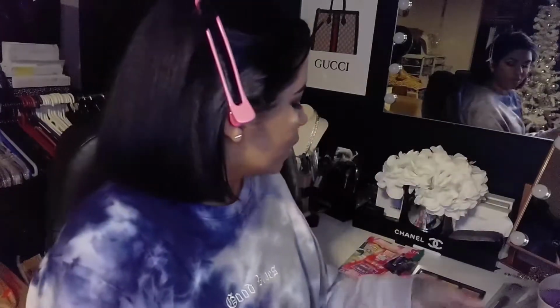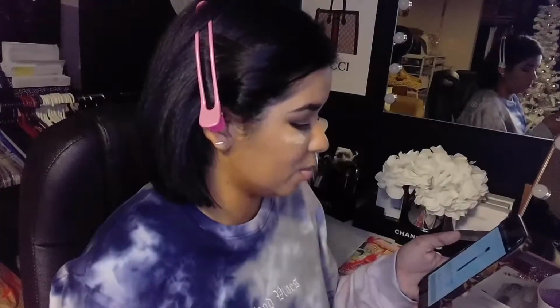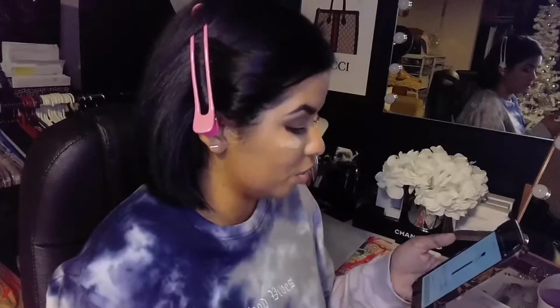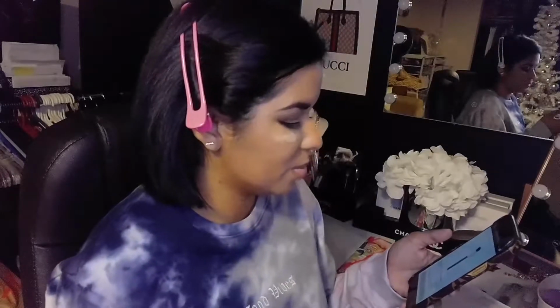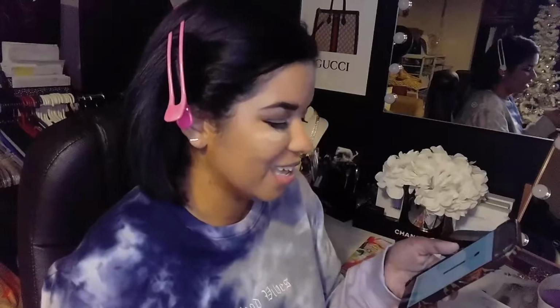So, let me get y'all price points on this first. I'm sorry, I got excited. And again, this is the A30 Pro brush, the Dome Kabuki brush. This is ideal for blending emollient-based products from medium to full coverage. It retails for